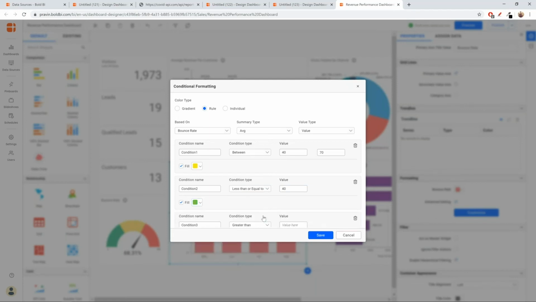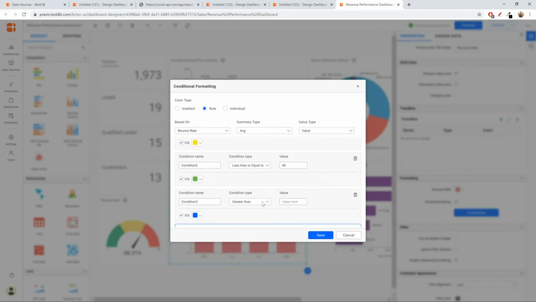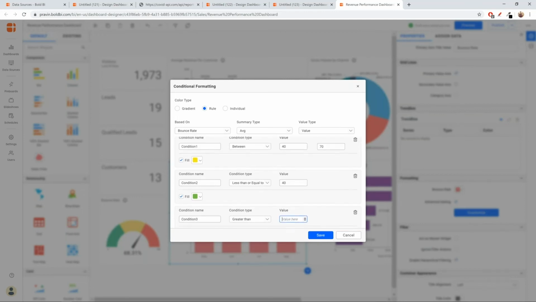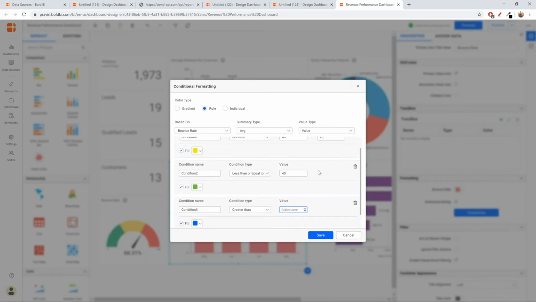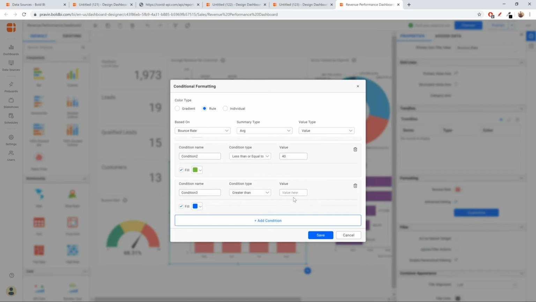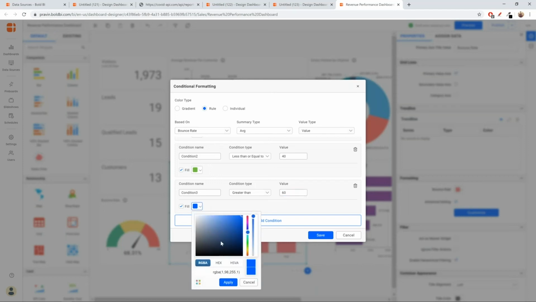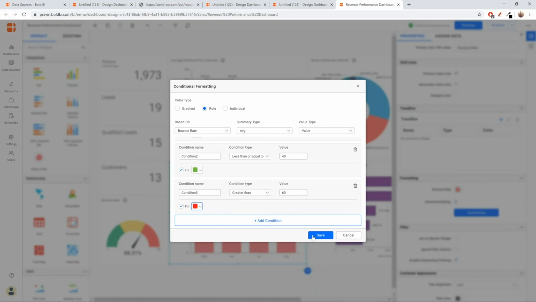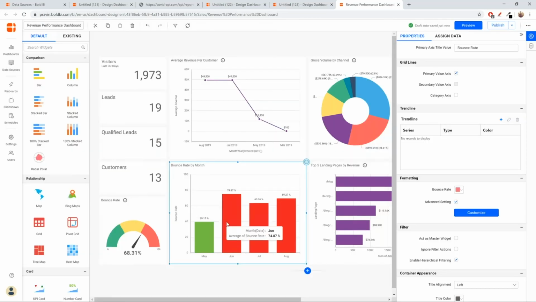And for those values whose bounce rate is greater than 60, I can apply a red color. Okay. Now, if I save this, each series you see here is going to change based upon the condition that we added here. So we don't have anything in the moderate range.